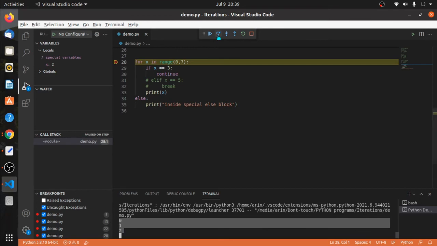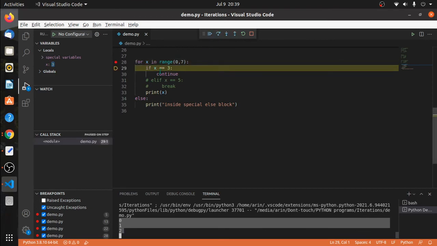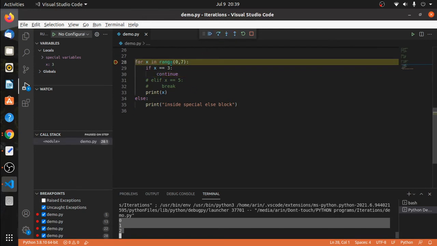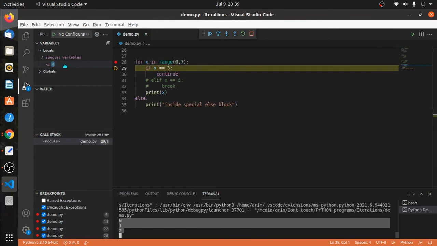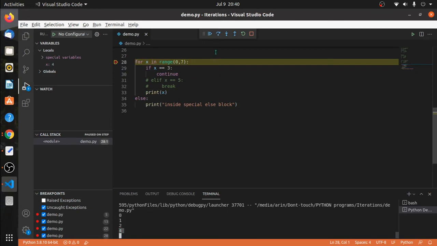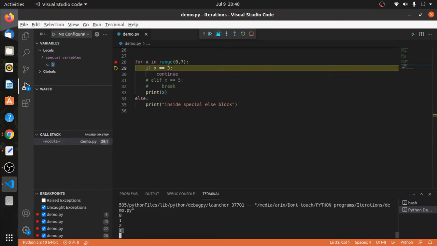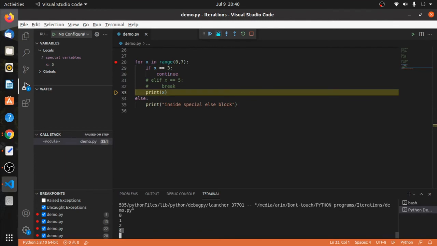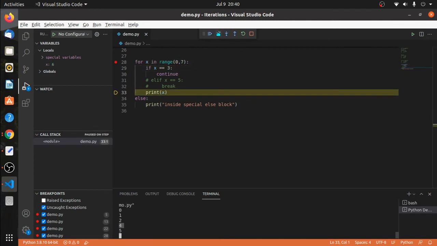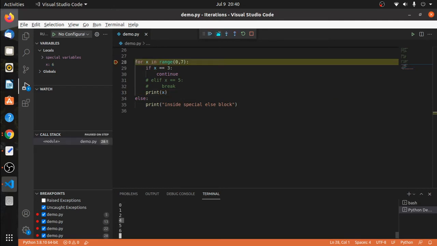Now the value of x turns 3, and for 3, as you know, we will execute the continue statement, and after executing this the current iteration will be skipped. So the next iteration will get the value of x as 4, print x, 4 gets printed out, and now the value of x will turn 5, print 5, then 6, print 6. Now very important, since my loop completes successfully,